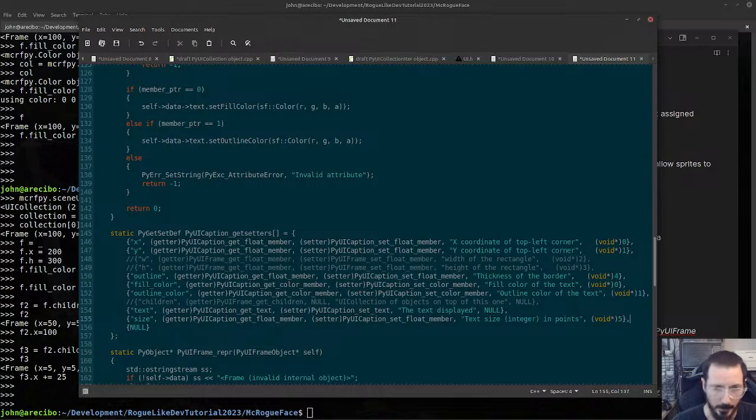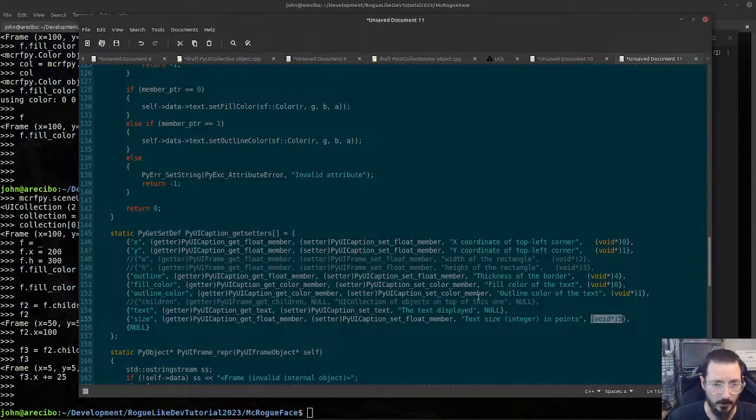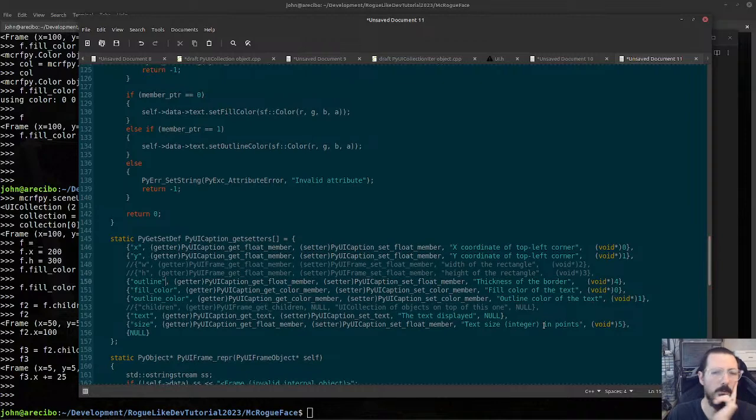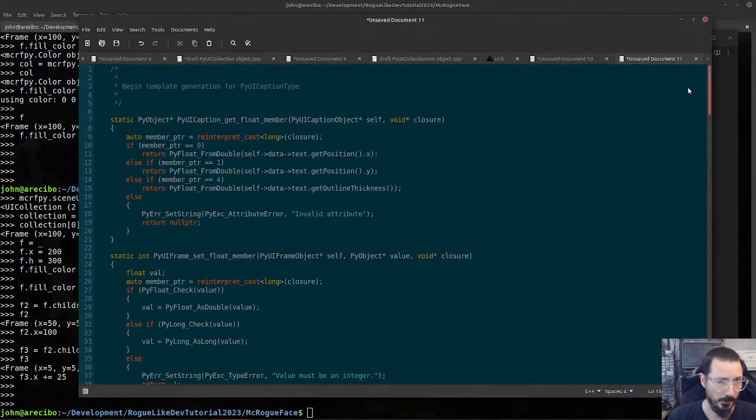And I did end up having to assign these closure values manually instead of counting offsets. Can't really count an offset to such a member when it's really inside of a pointer. It can't be accessed directly. So let's get value 5 to return an integer for size. That'll be